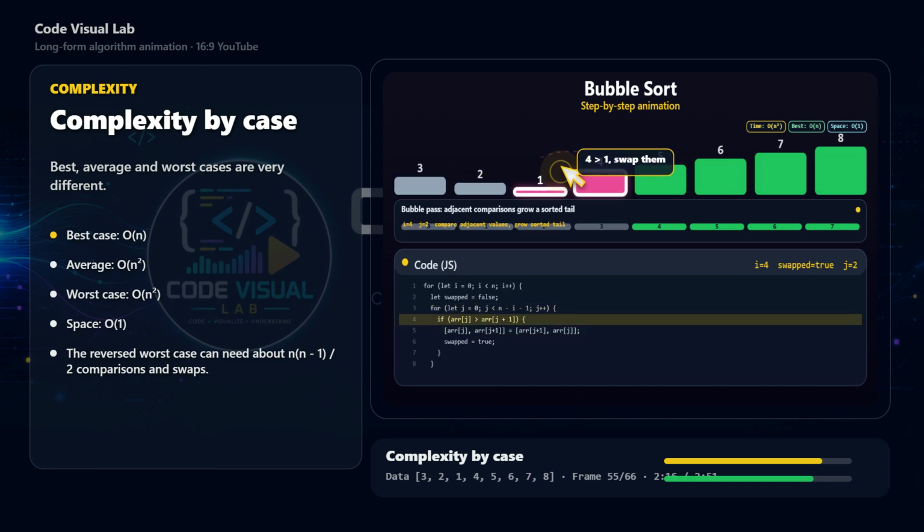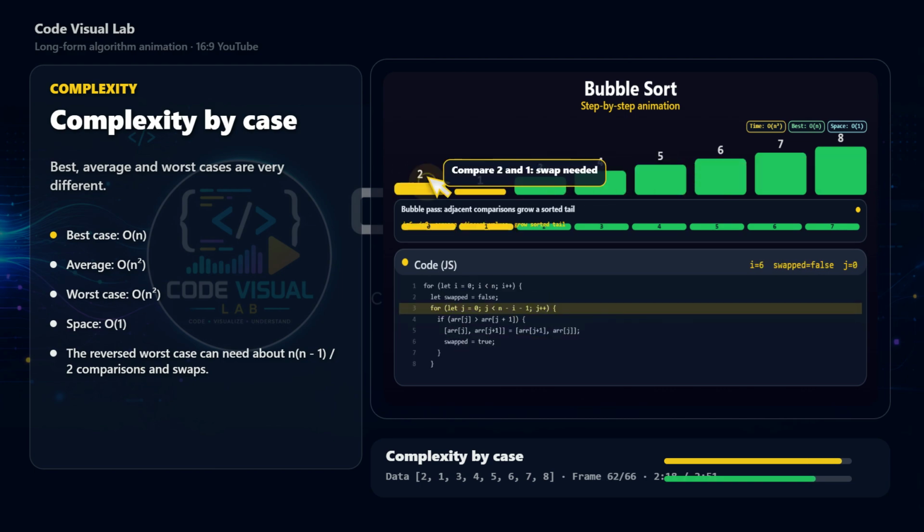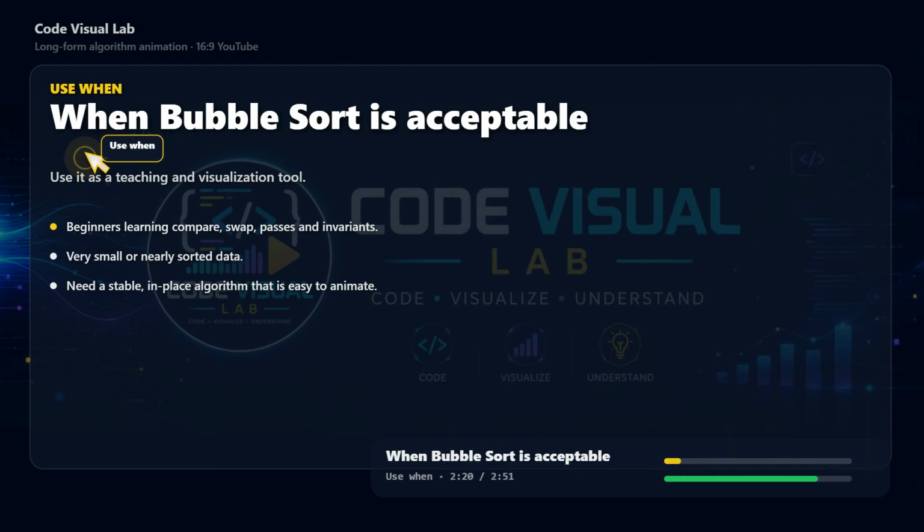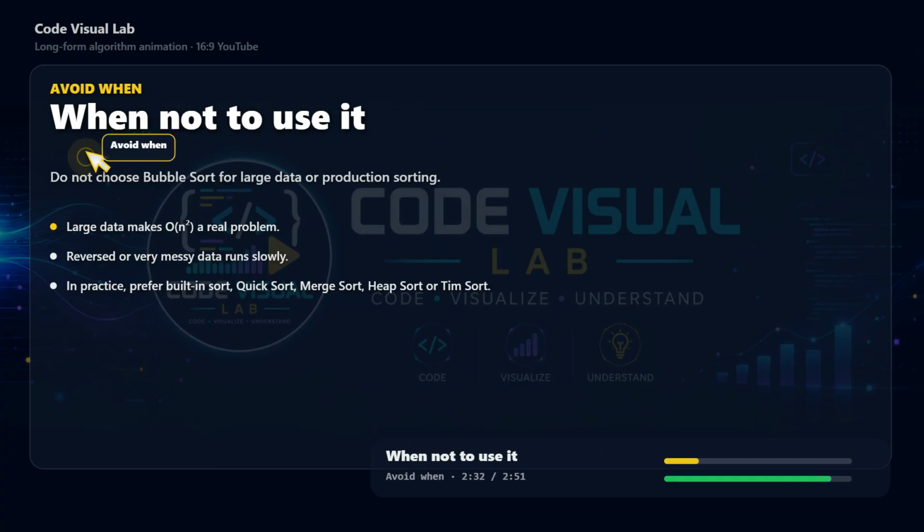So is bubble sort useless? No, it is excellent for learning how algorithms think through comparisons, swaps, and invariants. With tiny data, or nearly sorted data plus early stop, it still has a place in demos and lessons. But once you move to large data or production systems, leave bubble sort in the classroom. When performance matters, use the built-in sort or stronger algorithms such as quick sort, merge sort, heap sort, or tim